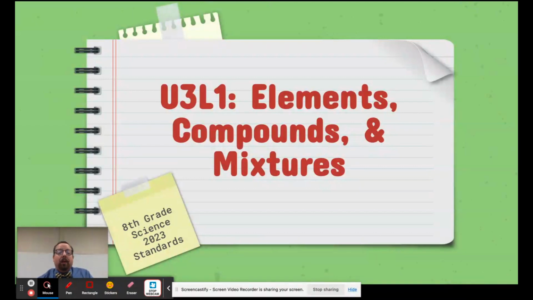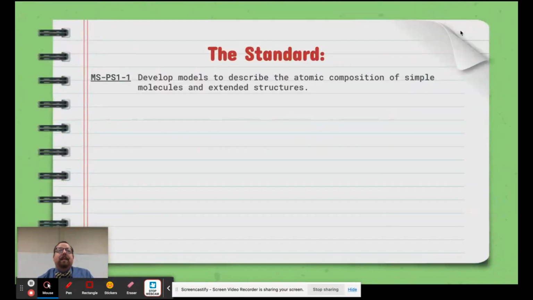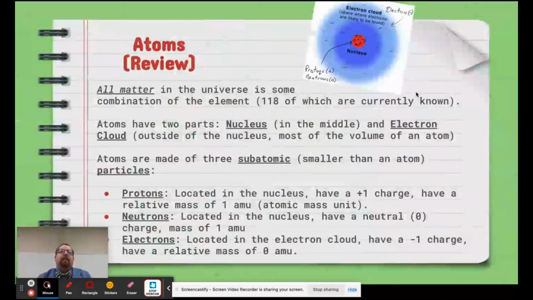Today we're going to start our third unit, which is all about chemistry. In this lesson we're going to talk about atoms and the difference between elements, compounds, and mixtures. Here's the specific Indiana State Standard that'll be covered in this lesson. Let's get started. Now, this slide should mostly be review for you, but just to make sure you know it,